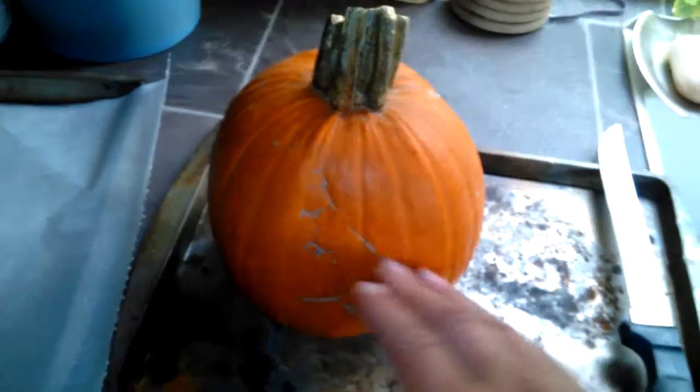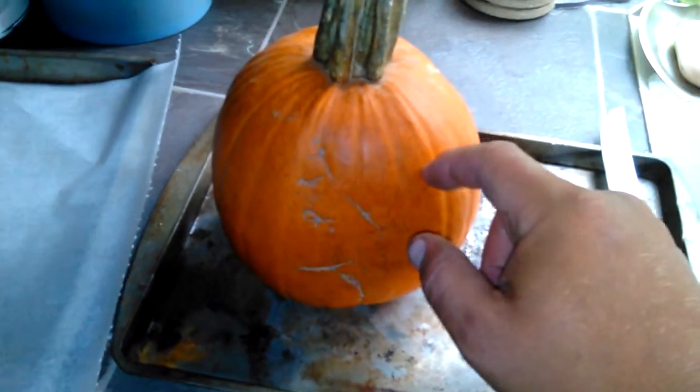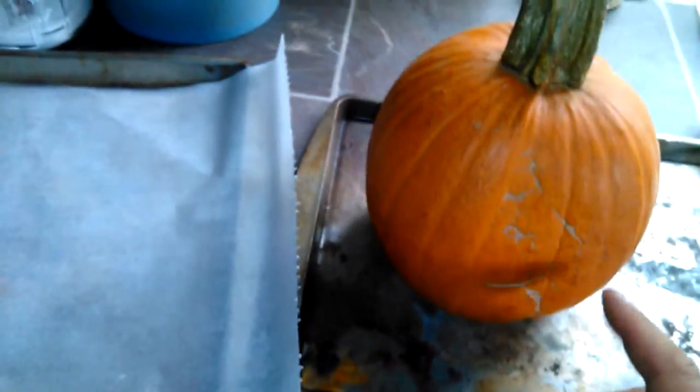But what I'm going to do is I'm going to take this pumpkin, I'm going to slice it in slices. And then I'll cut the edges off of it and just make basically round donuts out of it, and I'll show you that here in a minute. And what I'm going to do is I'm going to lay them down here on the parchment paper, and I'm going to put some